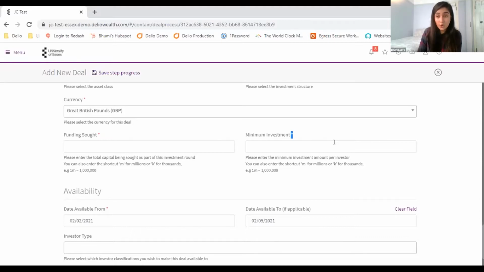There's also some non-mandatory information, and you'll see a yellow sign, and I'll show you that in a second as well. That is just optional information is missing. If you do want to provide it, we encourage you to, but you can still submit your deal, but the chances are that University of Essex will ask you to go back and fill that out anyway. So please fill out as much information as you can.